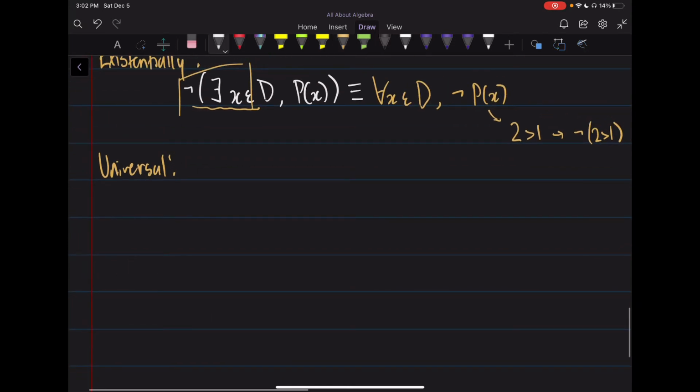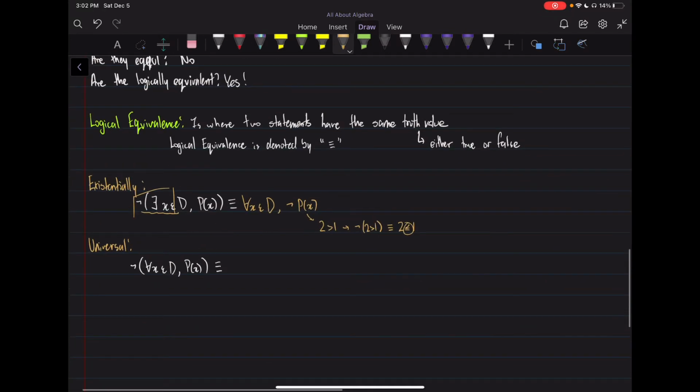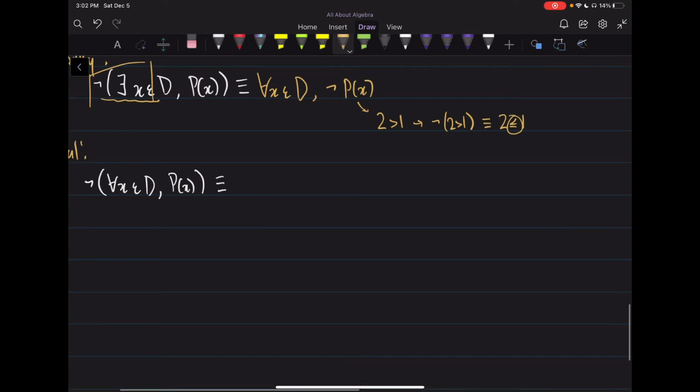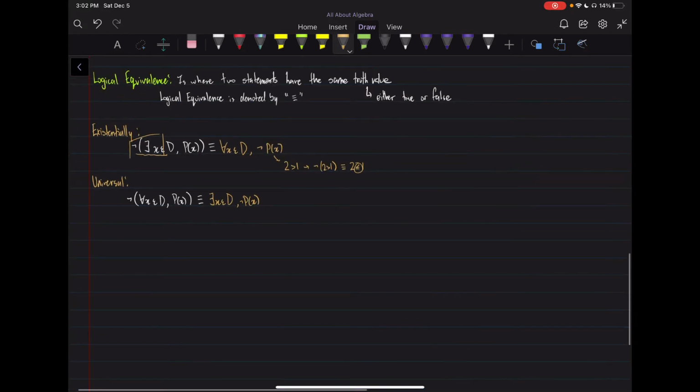All right, and similarly, if we try to do it with the universal, again, we know the negation of for all is there exists. So we get there exists an x in the domain such that negation of p of x. Again, I explained what the negation of p of x would be,